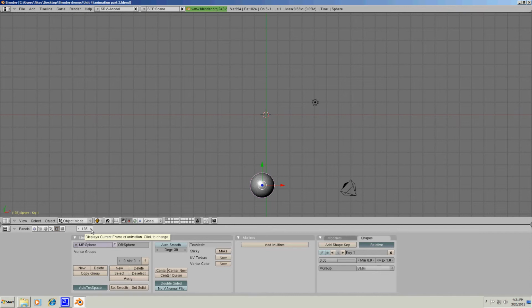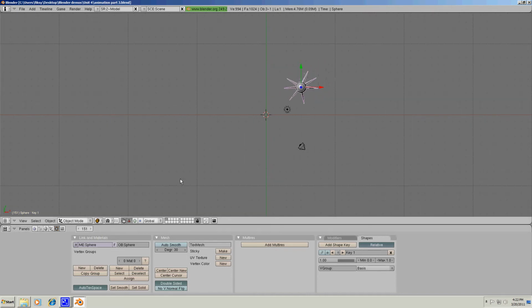130 and 135, then they come up again between 135 and 140, then they disappear again between 140 and 145, and then they come up again between frame 145 and 150. So that's this animation that we created so far, and you can see